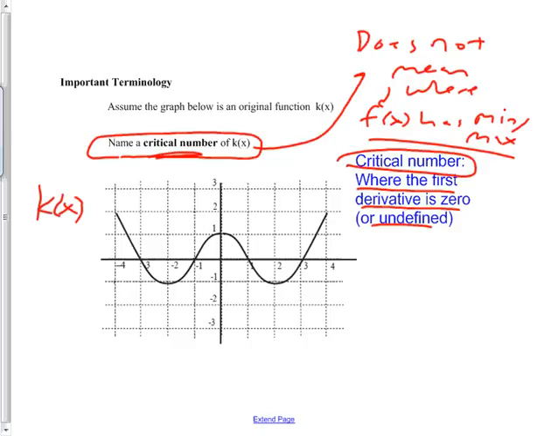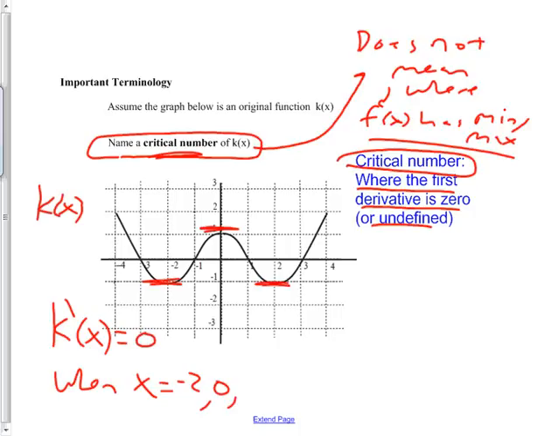So in this case, where is the derivative 0 or undefined? Here, here, here. In all of those cases, the tangent line, k prime of x, equals 0 when x equals -2, 0, or 2. And in each of these cases, this is a min, and max. So in this case, each of these three critical points is a local min or max, but let me just, for